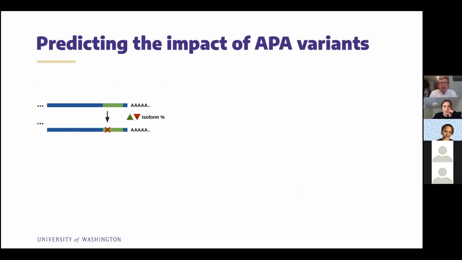So now when we have this accurate model of APA, we wondered whether we could use this as a tool to infer the impact of APA variants in the genome. So given a wild-type polyA signal sequence and a variant sequence, we can individually score these two signals using the APARENT model. And as a proxy for the impact of the mutation, we can estimate that as the odds ratio of our predicted isoform proportions of the variant to wild-type sequence.